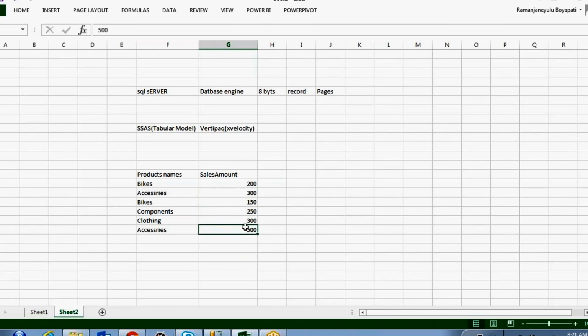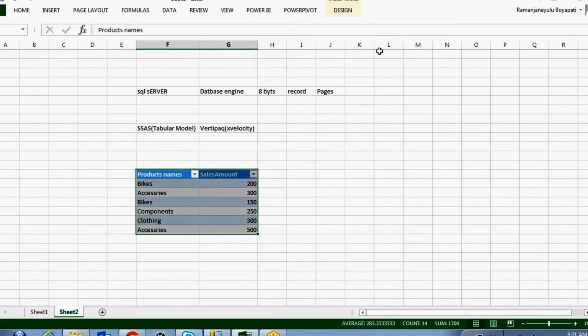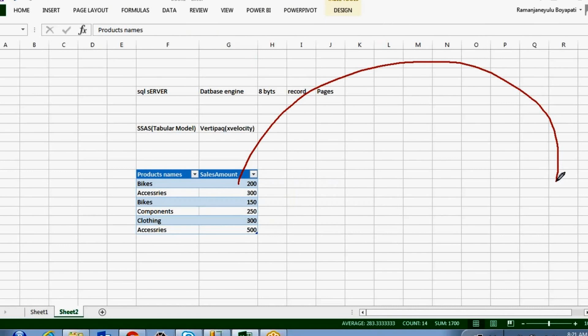Okay, so this is the data you have in your source system, in your SQL Server table. This data you are going to process into your Analysis Services tabular model.